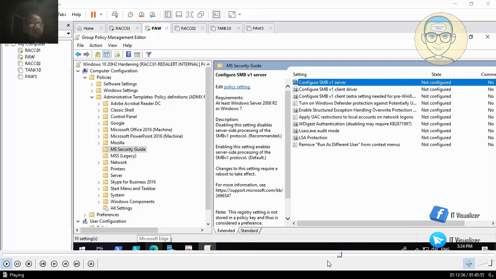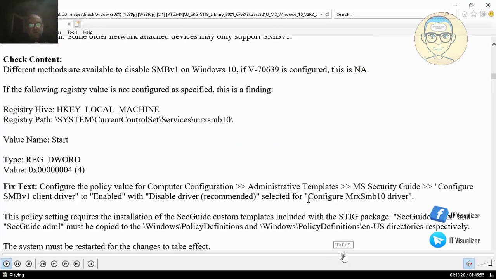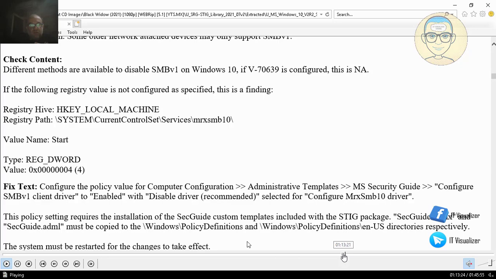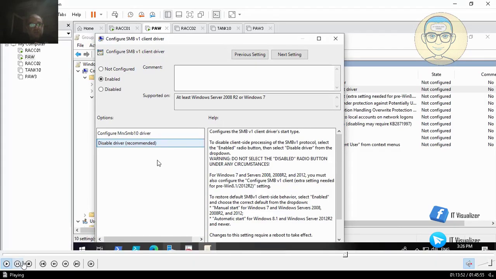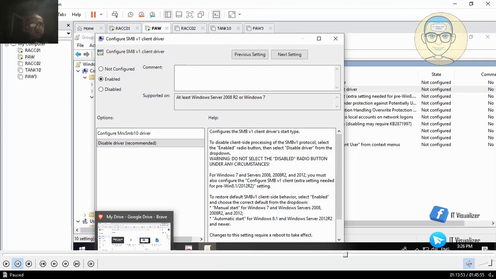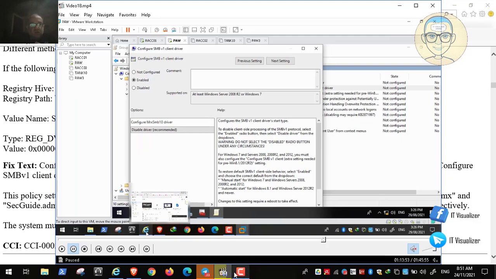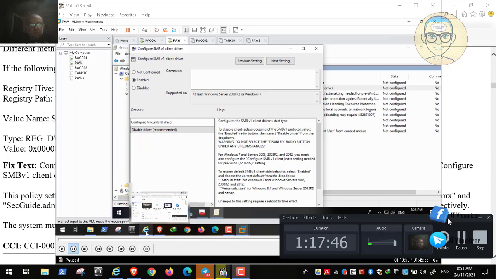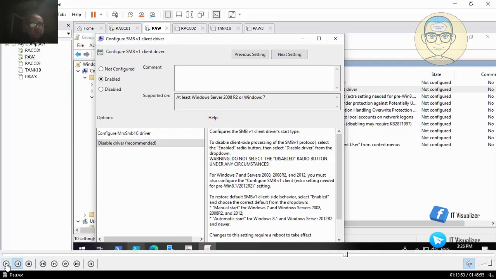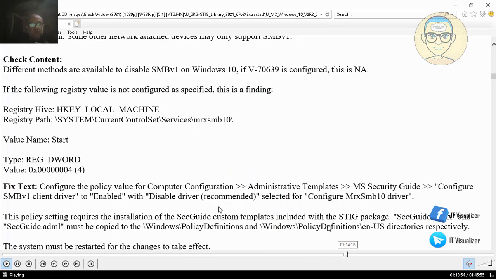So if you go further here, we can see that configure SNMP version 1 client driver, disable driver. So this will disable SNMP. Okay, so this is one of the things. Let me see how we are doing. I think we can have a couple of things to work now. So we have done this. Let's go to the other